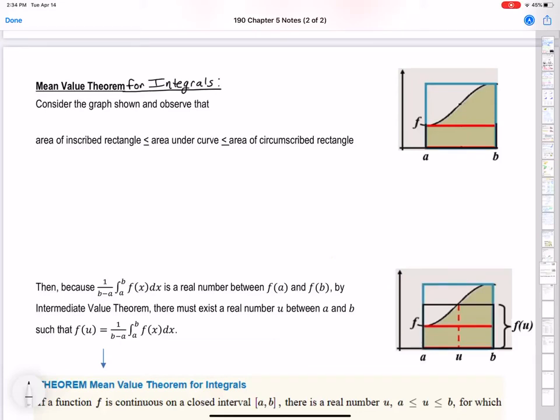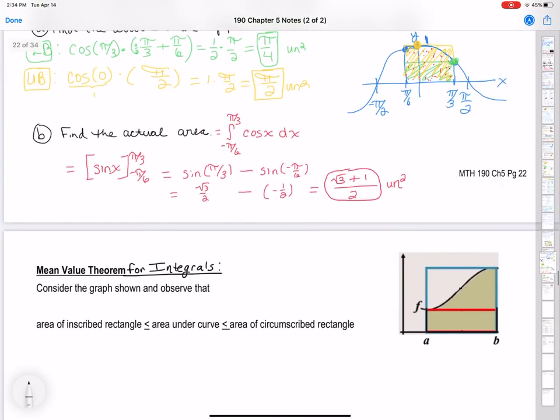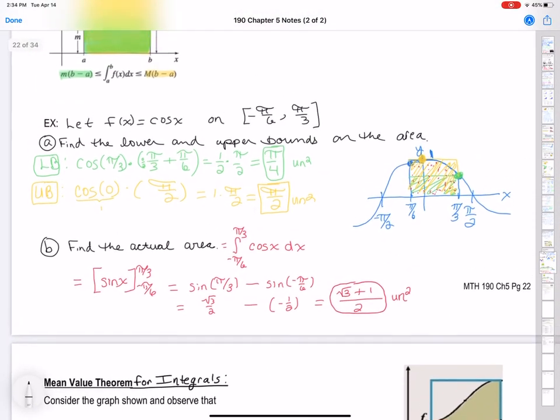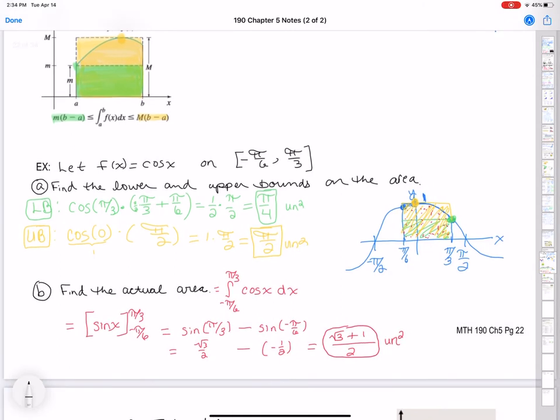So we're going to continue section 5.4 here, and we're going to talk about the mean value theorem for integrals. I'm going to first develop it using where we left off last time, the upper and lower bounds theorem, which basically said the area under the curve, so the definite integral in this picture at the top, can be bound between an upper and lower bound that are essentially the inscribed and the circumscribed rectangles